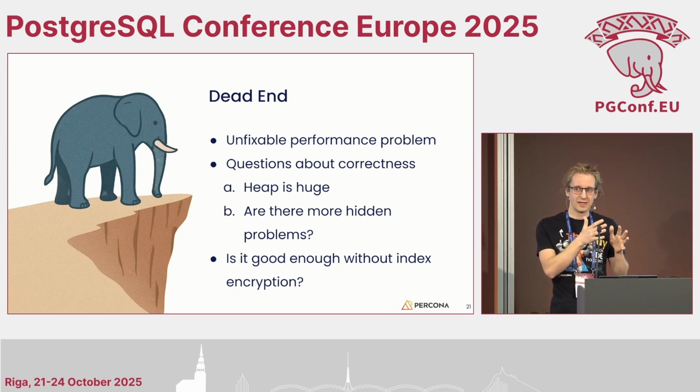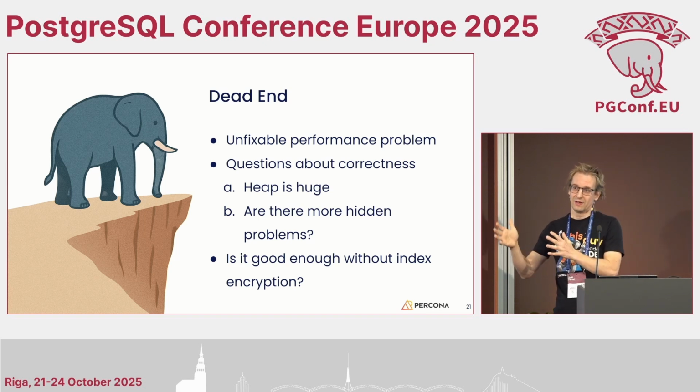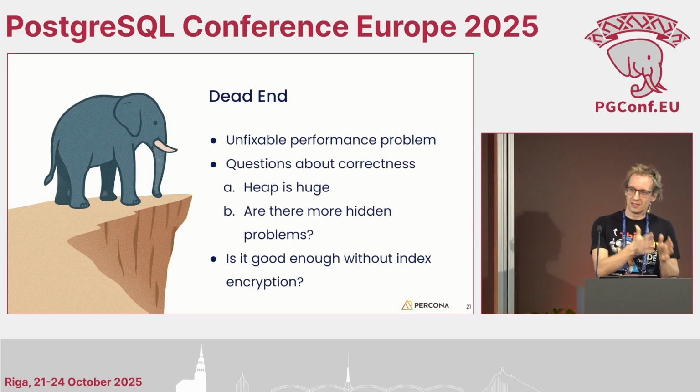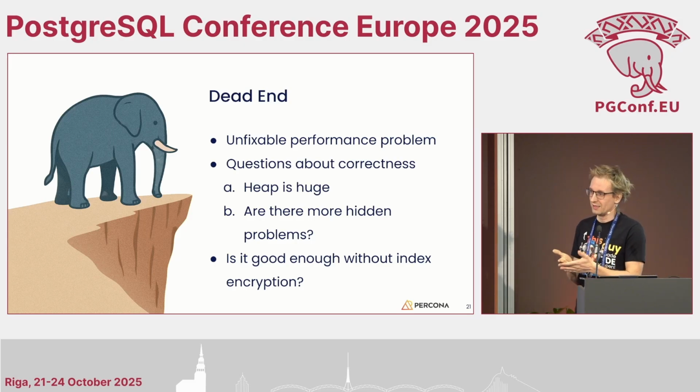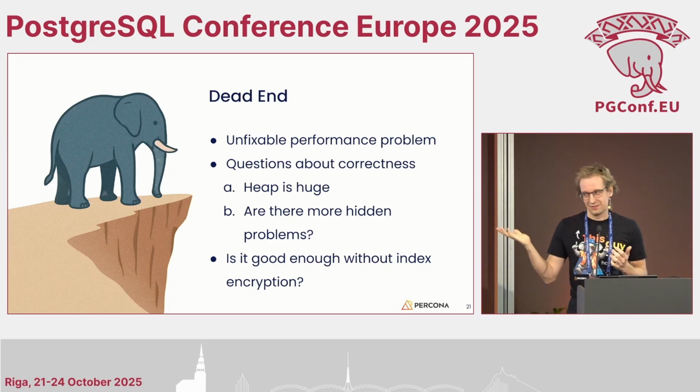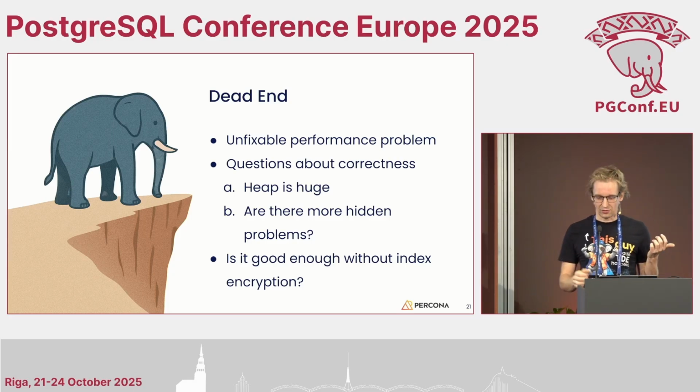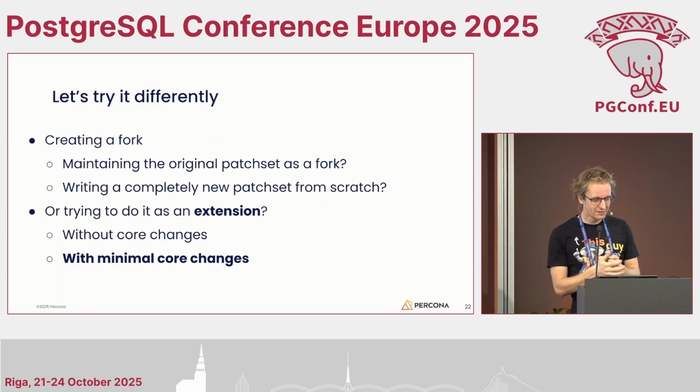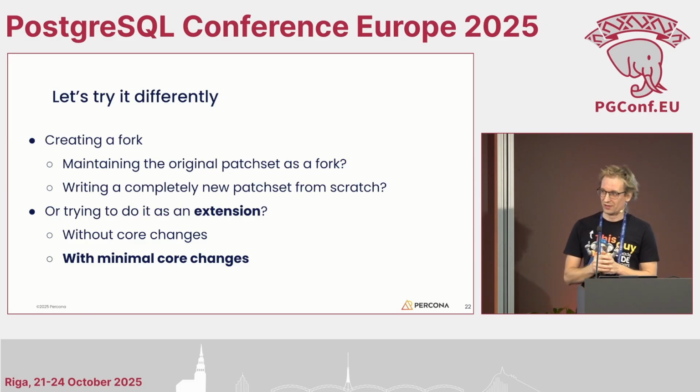And that made us question ourselves, what if we missed something? What if we discover a data corruption bug later, when it's already there in the data, in people's databases, and we actually corrupted real-world data? That would be quite bad. And then, yes, the question about indexes was also there. So we decided to try a different solution.